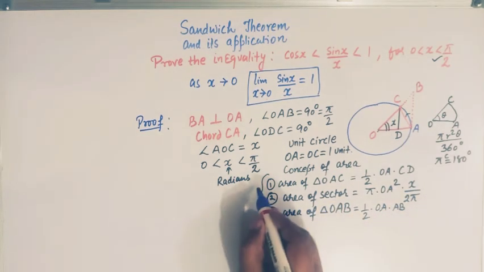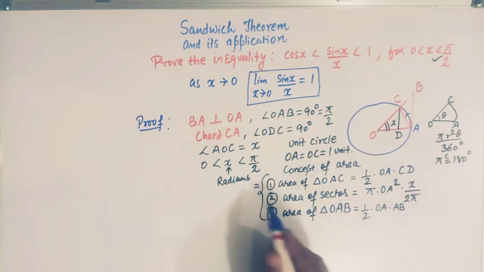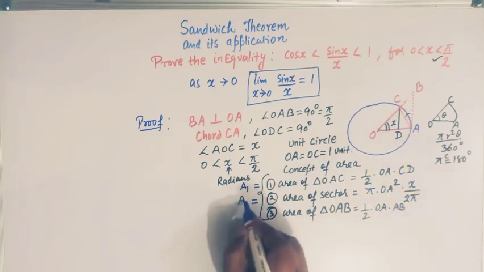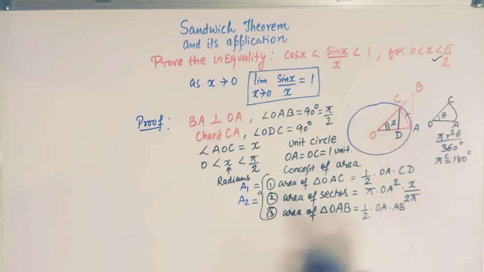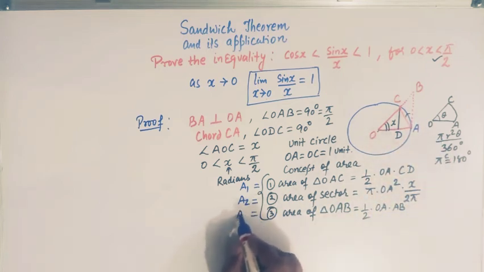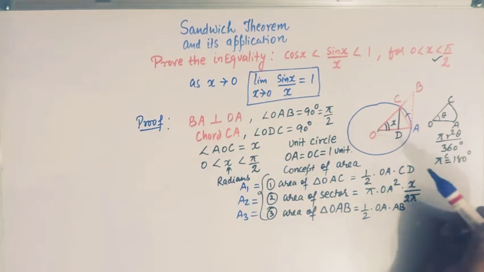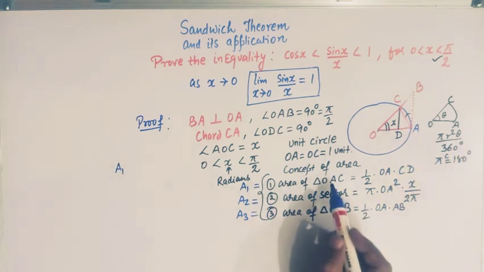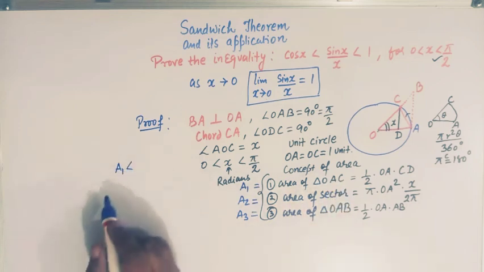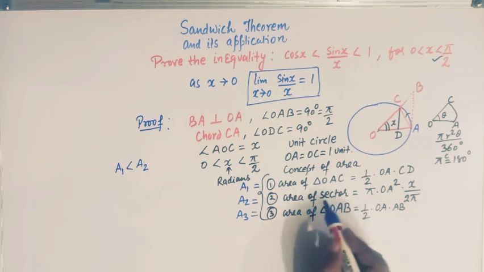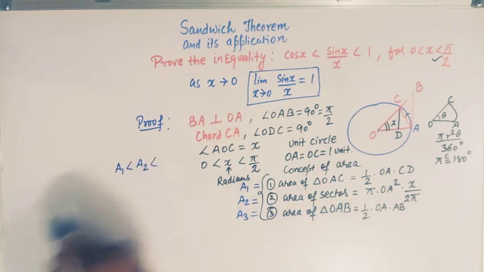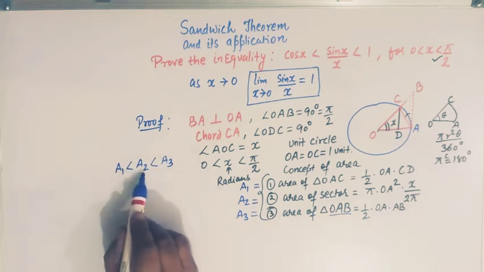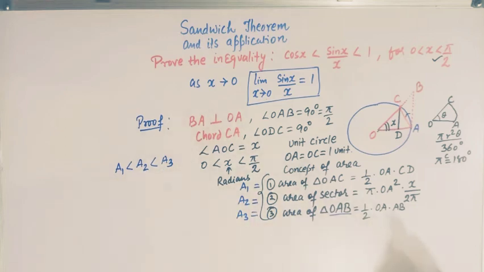Now let us denote the area of triangle OAC by A1, the area of the sector by A2, and the area of the triangle OAB as A3, right? So it is quite evident from the figure that A1, the area of triangle OAC, is less than the area of the sector, and the area of the sector is less than the area of triangle OAB. So we have the inequality A1 is less than A2, A2 is less than A3, right? So now